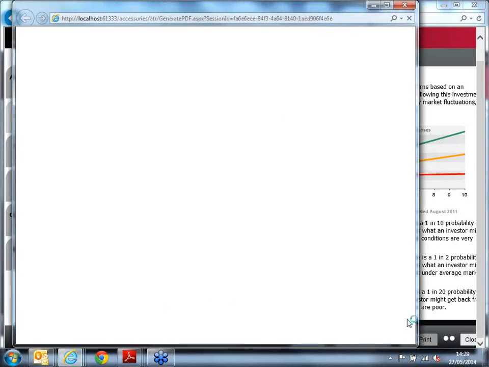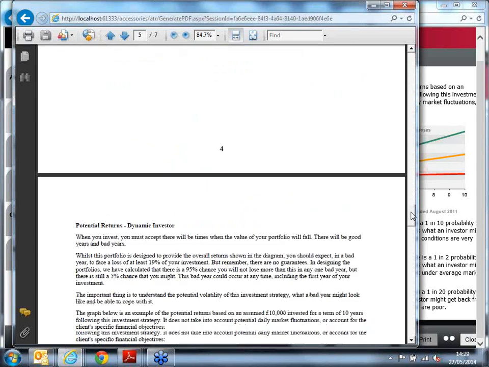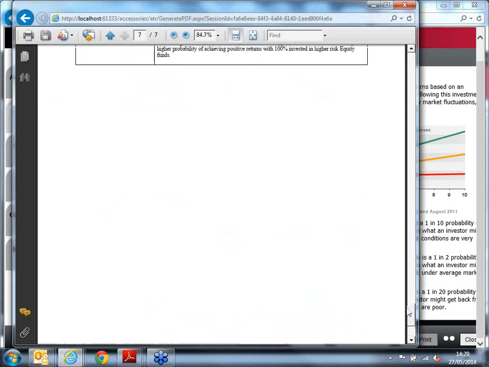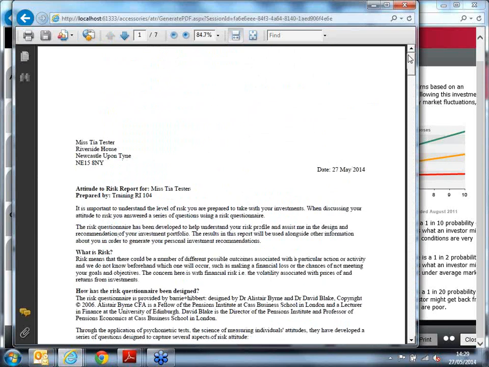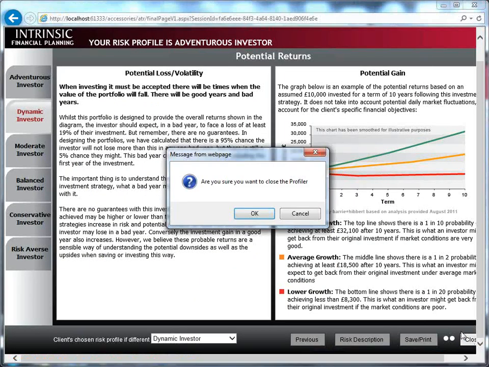It will then take it through to the Officeweb section. If you don't save and print, it won't follow through to Officeweb, and you'll need to manually go back and add that. It'll also print off the 7-page document, which you can give a copy to your client and keep a copy on the client file as well. So we're just going to close this,